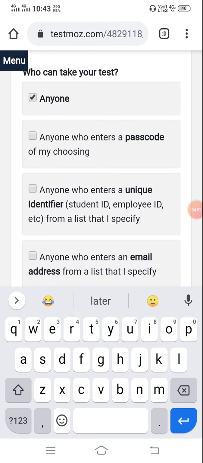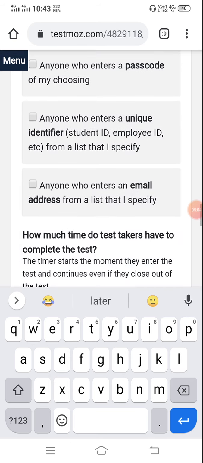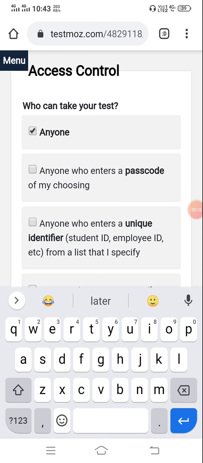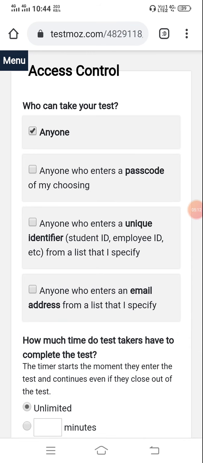Either anyone can take your test, or otherwise those persons who are shared your passcode, or student ID, employee ID like this, or particular mail addresses only. Whatever you require, select that one, or otherwise just select anyone only.